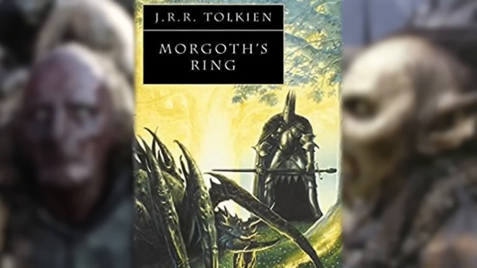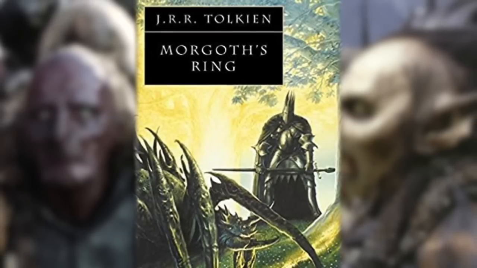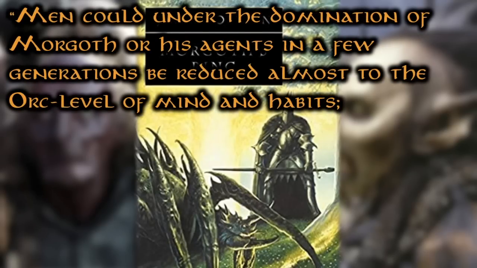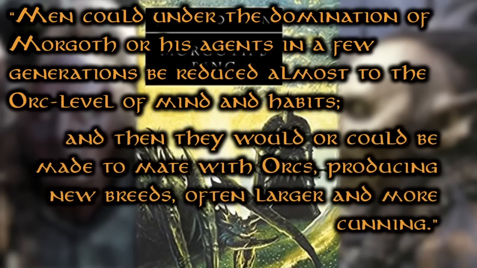So, Tolkien states, in reference to the First Age, so well before Saruman was even a thing, men could, under the domination of Morgoth, or his agents, in a few generations be reduced almost to the orc level of mind and habits. And then they would, or could be made, to mate with orcs, producing new breeds, often larger and